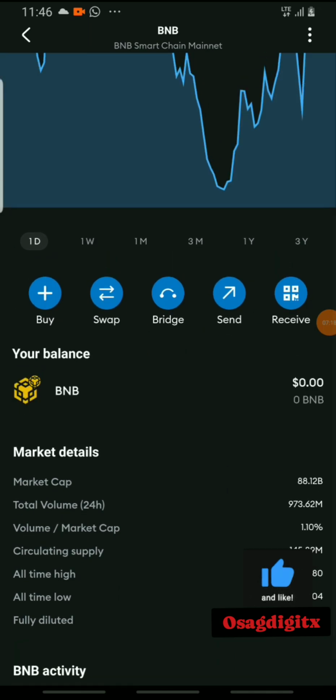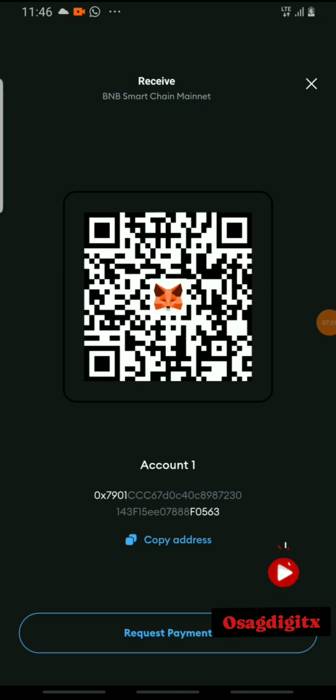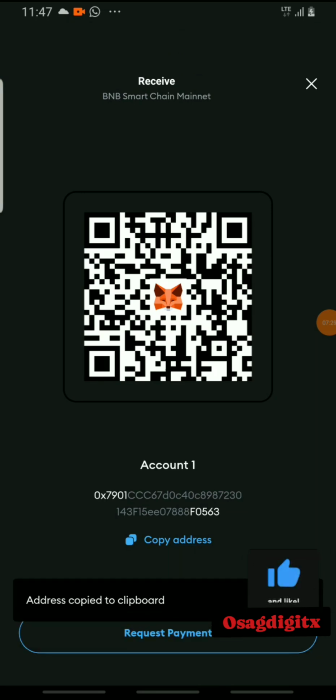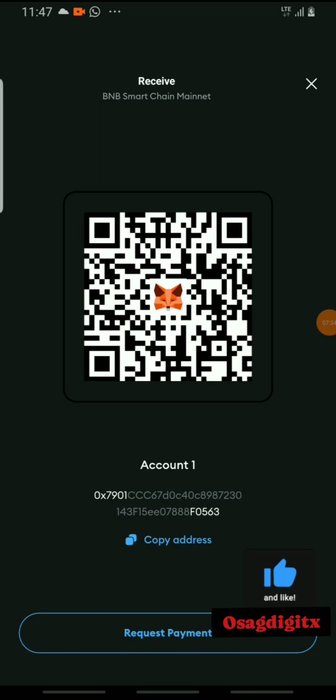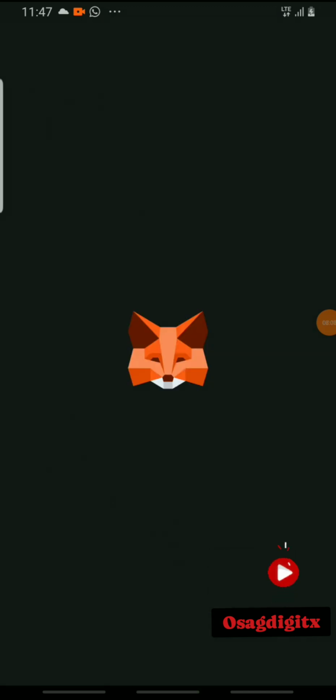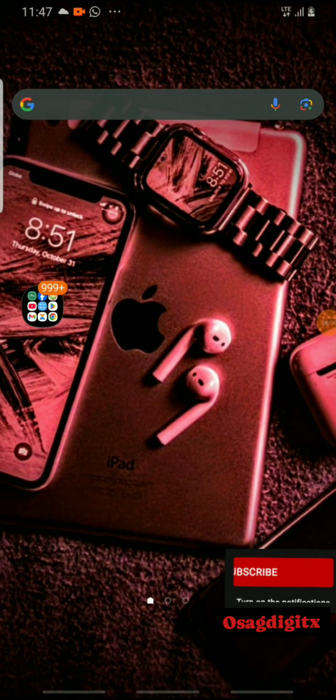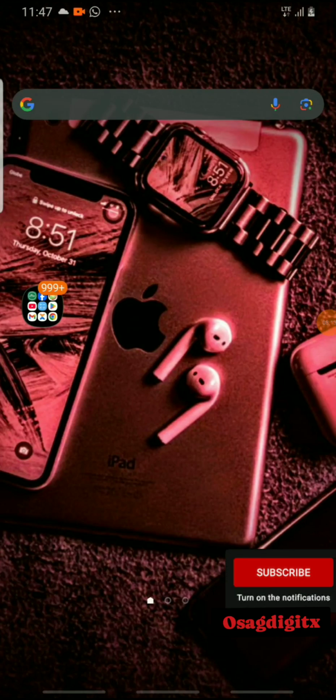What I'm going to do is click on receive, and when I click on receive, I'm going to check if this is correct. All I'm going to do is copy the address. After copying the address to be sure, we are seeing 0x563. We copied 0x and there's something 3, right? But we don't want to waste time with that. So all we're going to do is go to the